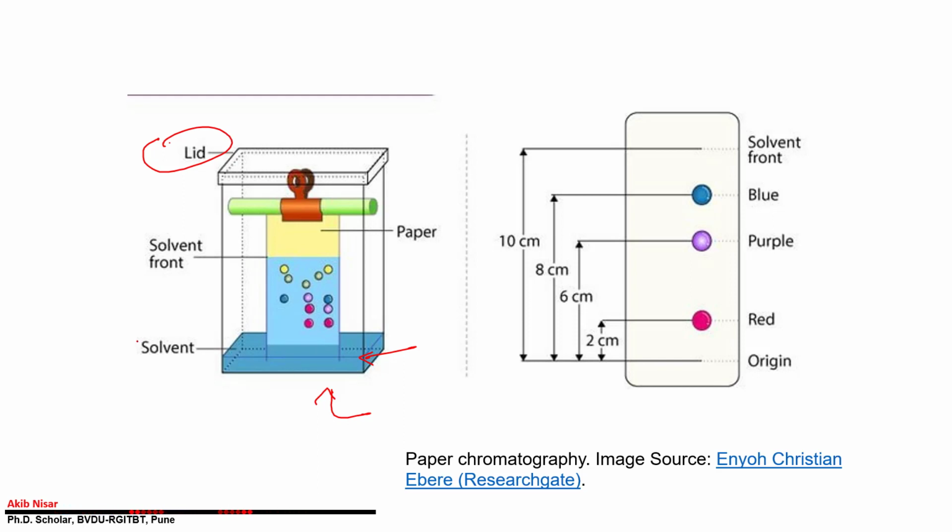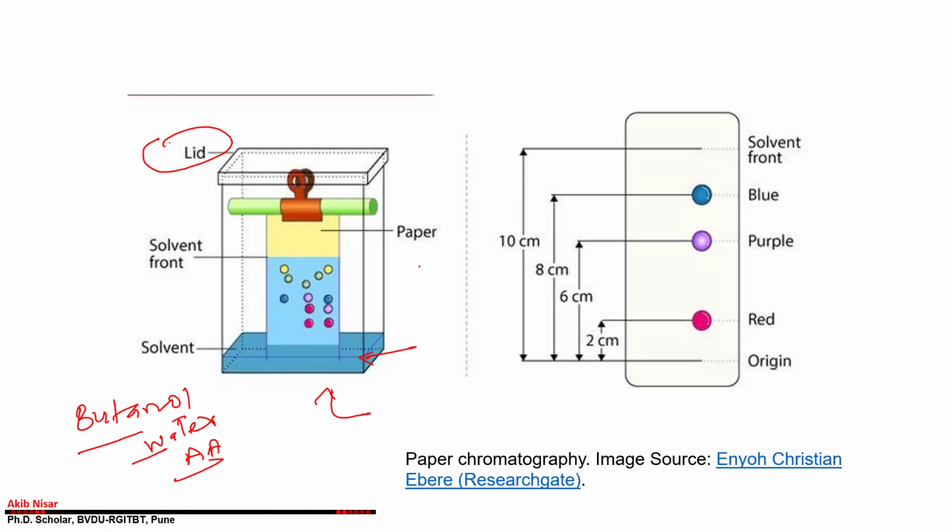And again, the solvent is made up of, as I told you already, butanol, water and acetic acid. These are the liquids, or you can say chemicals, you will use to make a solvent in fixed proportions. And obviously this solvent also depends on what type of solutes, what type of mixture you are going to separate out. The proportions will be changed, and components may be changed, according to the solutes you are going to separate.